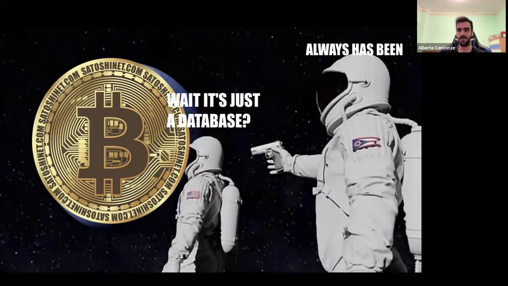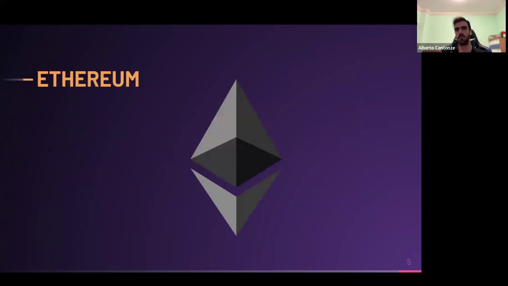Now, it's just a database if you really want to simplify things. But since we're here at Lozak, I'm also going to say that in the case of Ethereum it also works as a decentralized server. So it's kind of an API, in the same way you would have a normal server in a Web2 environment. An API that you can call and it gives you some responses. You can do the same thing with Ethereum, which replaces the API calls to a private server with RPC calls to the blockchain that behave in the same way.